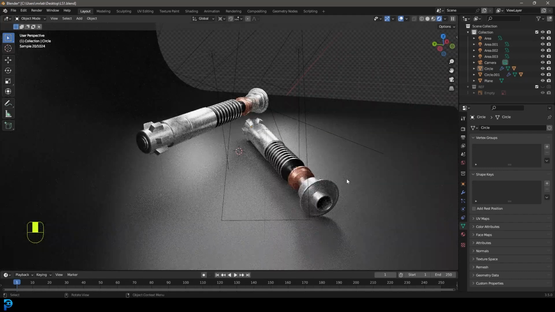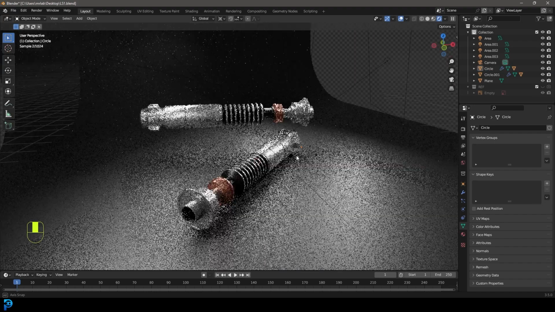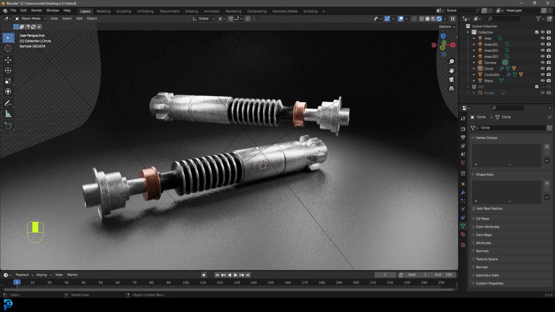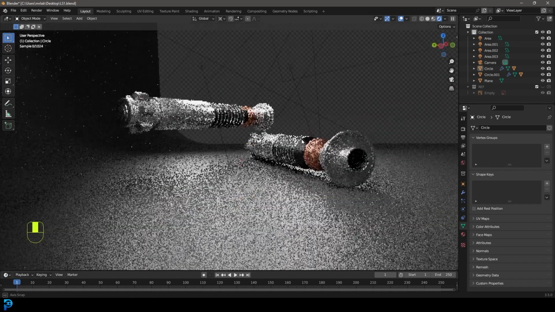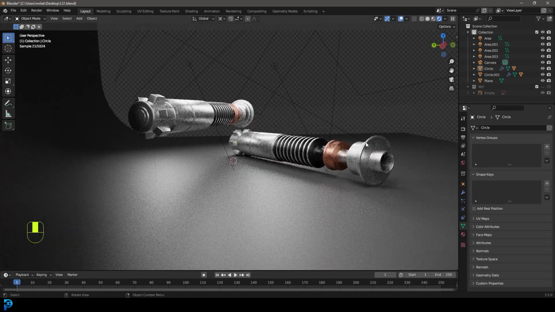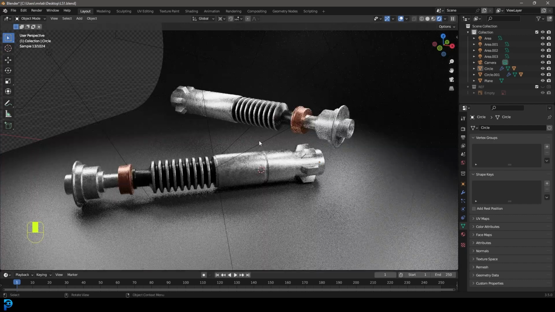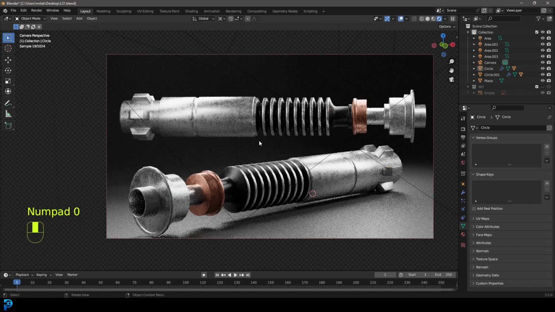Today I'm going to be showing you step by step how to make Luke Skywalker's lightsaber. Now, this one is a very basic version. I haven't added all the little details and the little switch and everything. This is kind of just the basic lightsaber. And I'm going to show you step by step how to make it, how to make some of the basic materials. If you want to watch a more advanced version, I'm sure you'll find it somewhere, but this is just